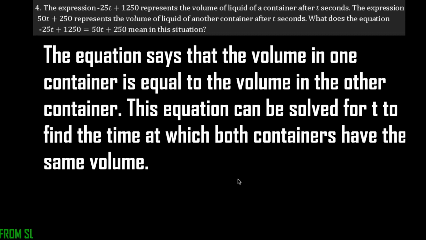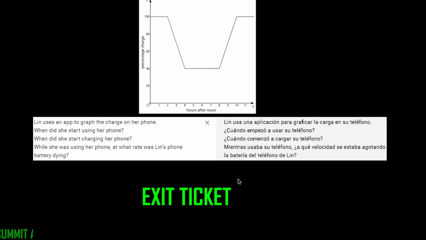All right, and then the last part of this lesson is that exit ticket. So it looks like this. It says Lynn uses an app to graph the charge on her phone. And then it says, when did she start charging her phone? And it says, while she was using her phone, at what rate was Lynn's phone battery dying? So make sure you can read that carefully